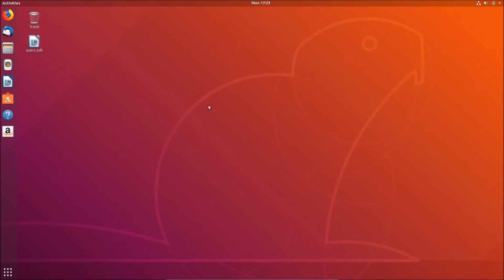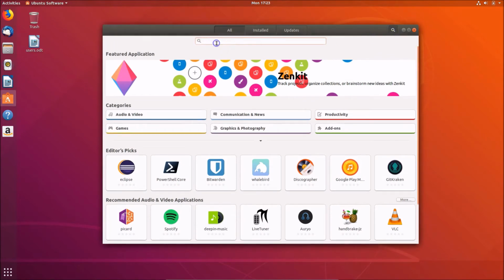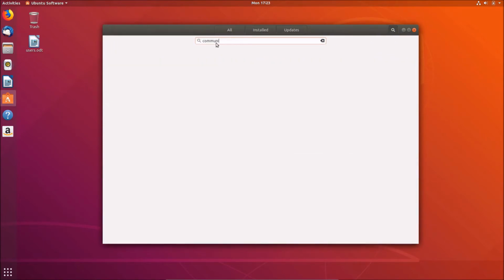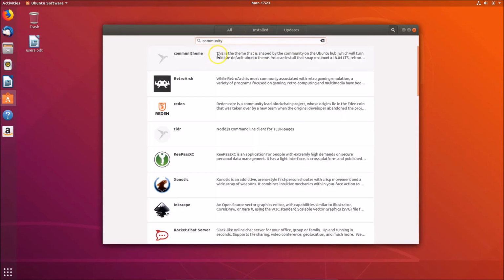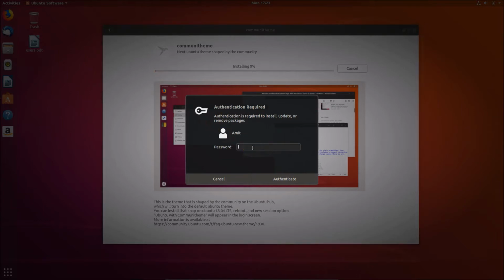Okay, so in order to install the community theme, you need to go to this Ubuntu software and click on this search button over here and type community theme. Okay, so if I type community over here, you can see the community theme. Click on that, and here we have the preview of this community theme. Okay, so just click on the install button, provide your password,